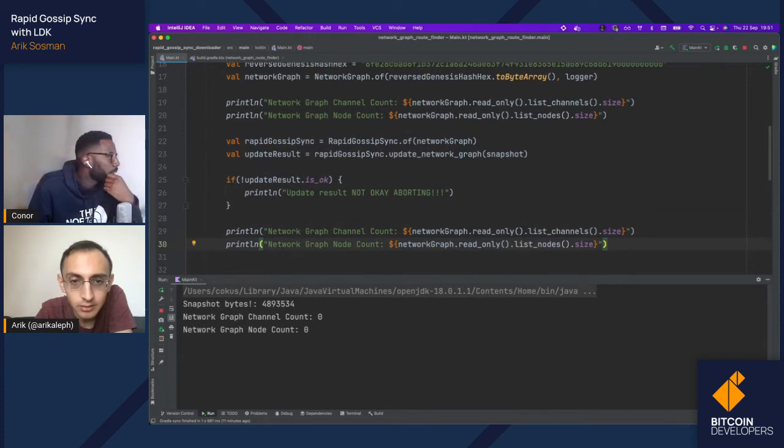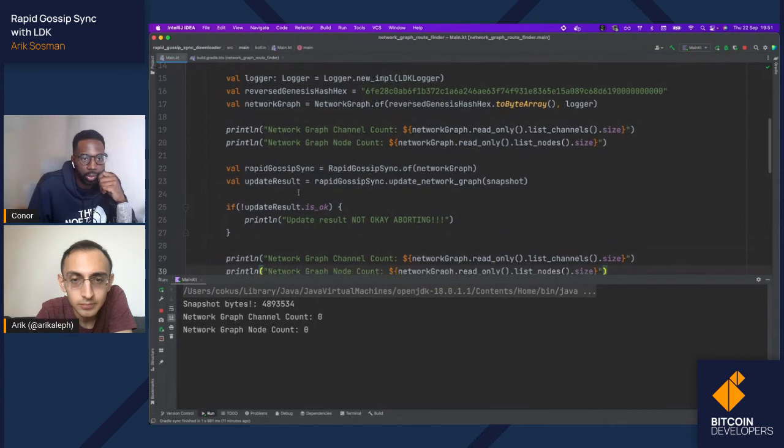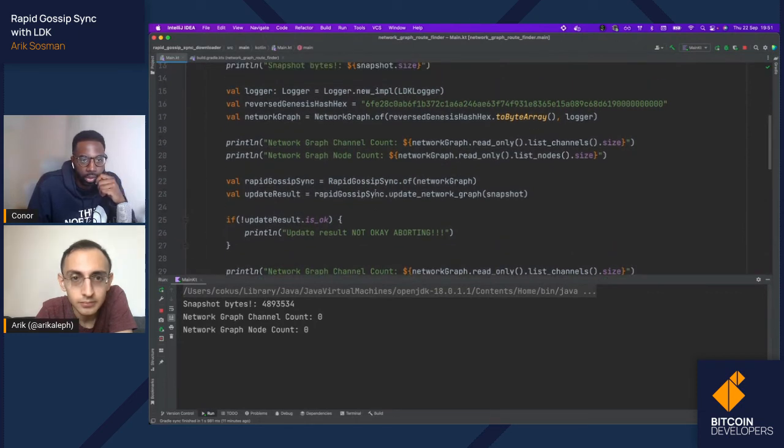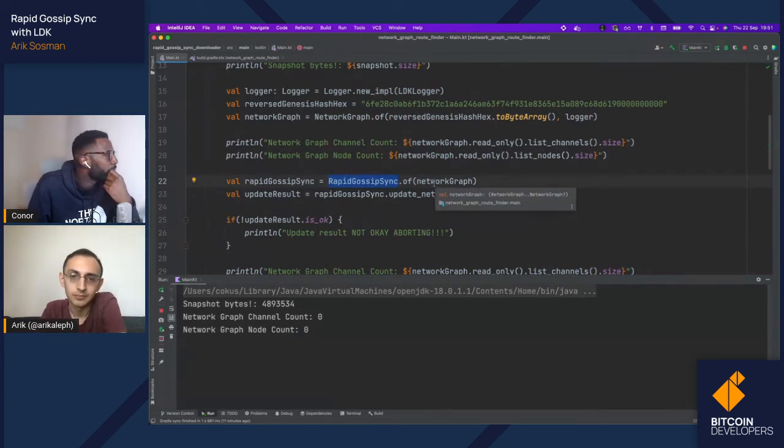Let's see here. So we've called rapid sync with... Where are we? Where do we instantiate? Okay, rapid sync with our network graph. I have an idea what it might be. Maybe the read-only causes some locking problem on the backend side.